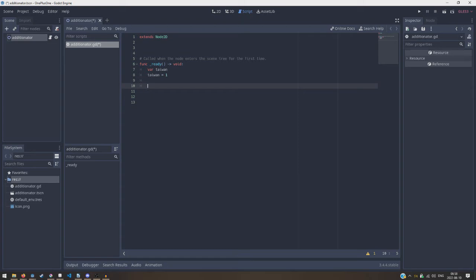So what you can do is take the variable, and instead of setting it to some number, you can set it to itself, right? But then you can set it to itself plus 1, right? And when this code is run,